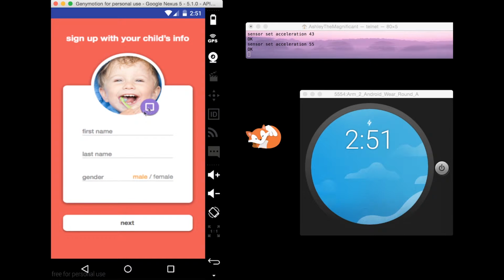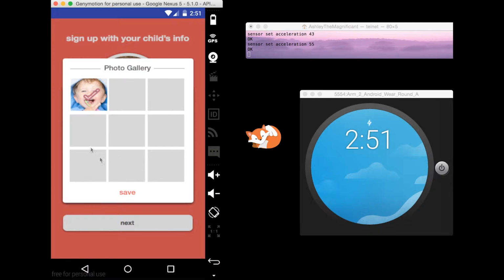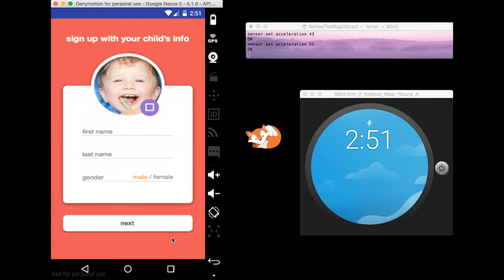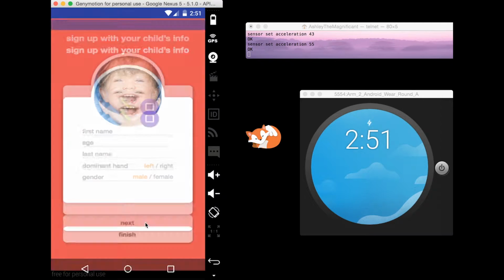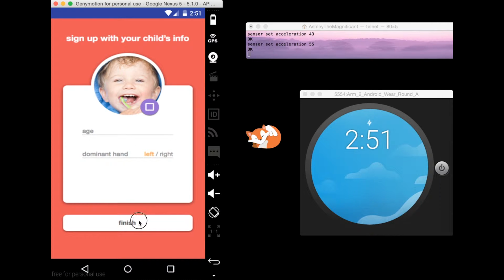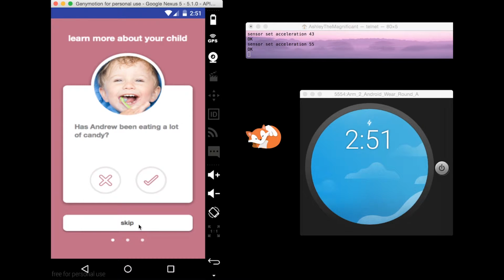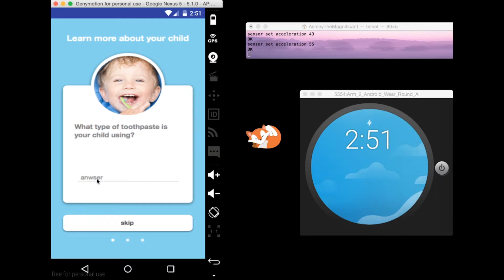They can also change this picture by pressing this button, selecting a photo from their gallery, and pressing Save. Once they're finished filling out this information, they proceed to the next screen, press Next, continue filling it out, and Finish. They will also be asked a series of 3 questions about their children's eating and brushing habits. They can press the button, click an answer, or skip, enter the title except for toothpaste,